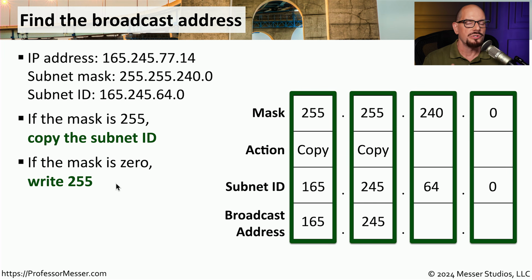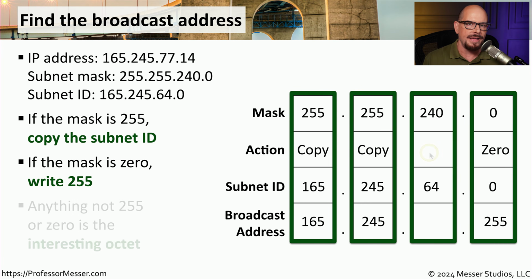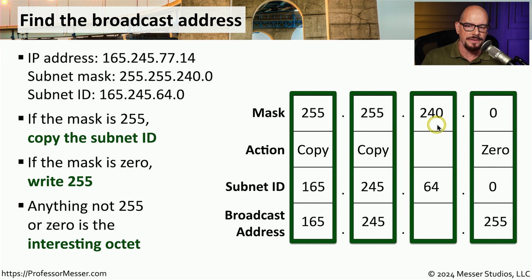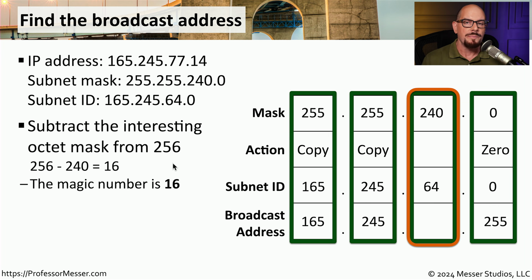octet. Here's where the rules are a little bit different when calculating the broadcast address versus calculating the subnet ID. If the mask is 0, we're going to write into that column a 255. And of course, if the subnet mask octet doesn't contain a 0 and it doesn't contain a 255, then that octet is our interesting octet. This will obviously be the same interesting octet when we're calculating the broadcast address as it was when we were calculating the subnet ID. To calculate the magic number, we perform the same process that we did earlier. We take 256, we subtract from that the value that's in that interesting octet mask,